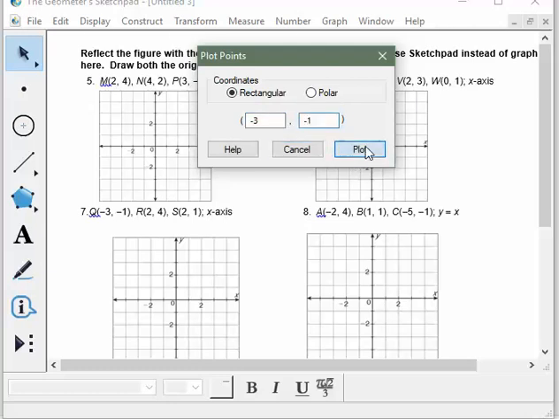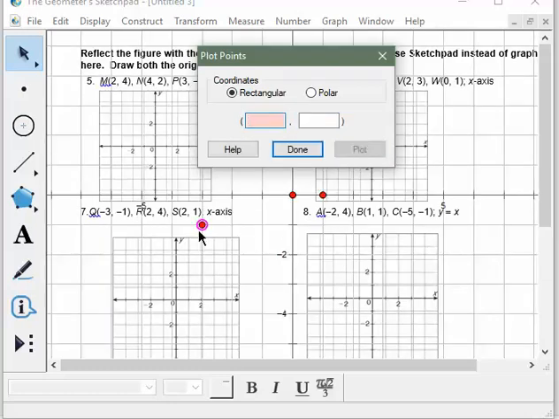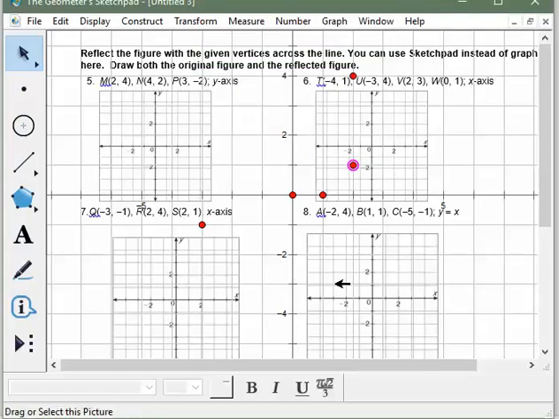I'll plot that point. And you can see it's kind of right on top of here. And then the next point is at 2, 4. And then the last point is at 2, 1. It's going to be a triangle. Once we have all 3 coordinates of my pre-image on here,